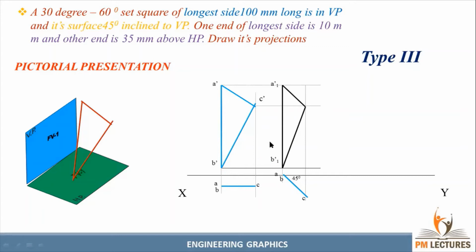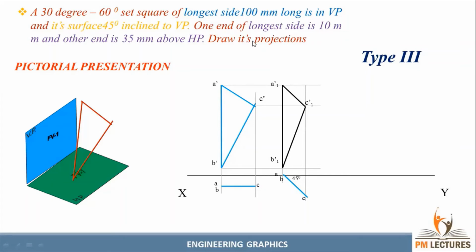Similarly, the intersecting point of B dash and B will be B1 dash, and the intersection point of C dash and C will be C1 dash. After giving the names, we need to read the question here, because here there is no edge inclination. So your given data for us is